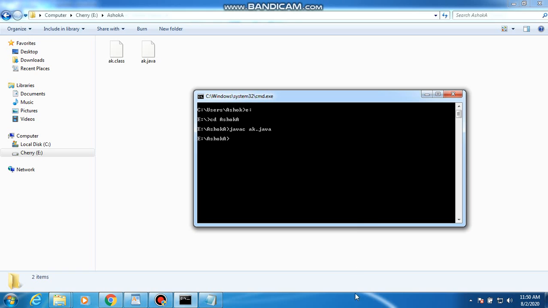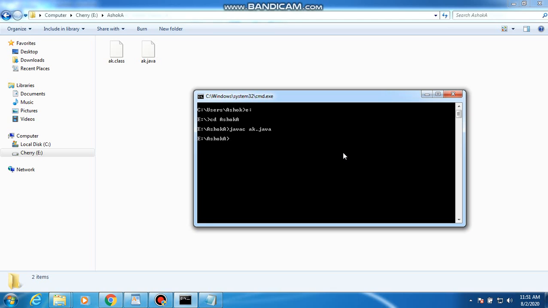If you compile successfully, look here in the Ashoka folder. This is a class file. Class file is nothing but a binary code file. Whenever a Java file is compiled, it will automatically create a class file. With the help of that binary code, the Java program will run. Okay, successfully compiled our program.